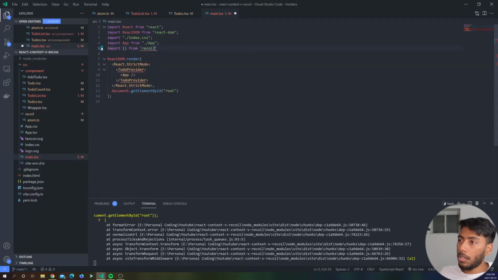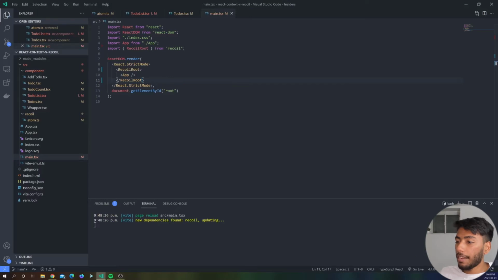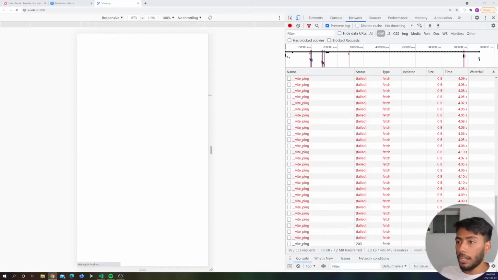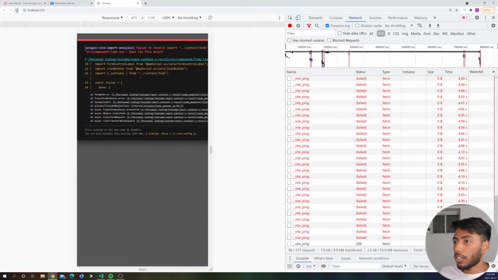from Recoil, and it's going to be our RecoilRoot over here. So now we just take that and wrap that over here. Now if we save that, we seem like we don't have any errors. If we go back over here and refresh